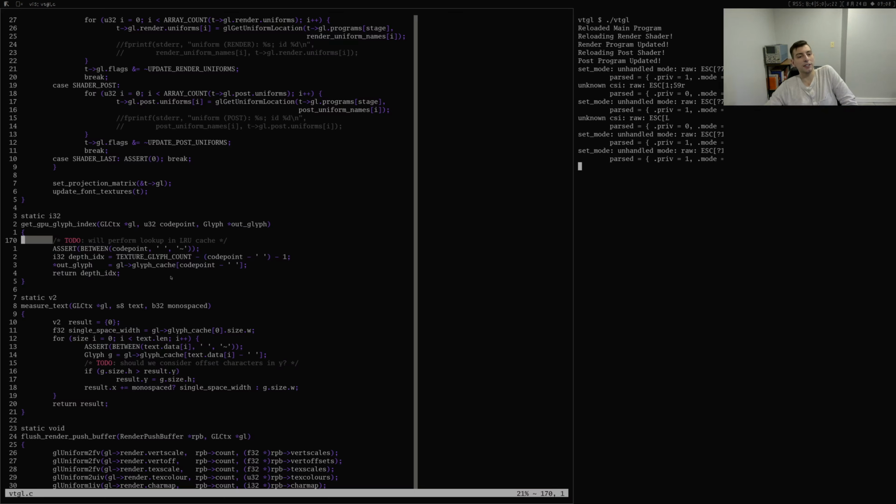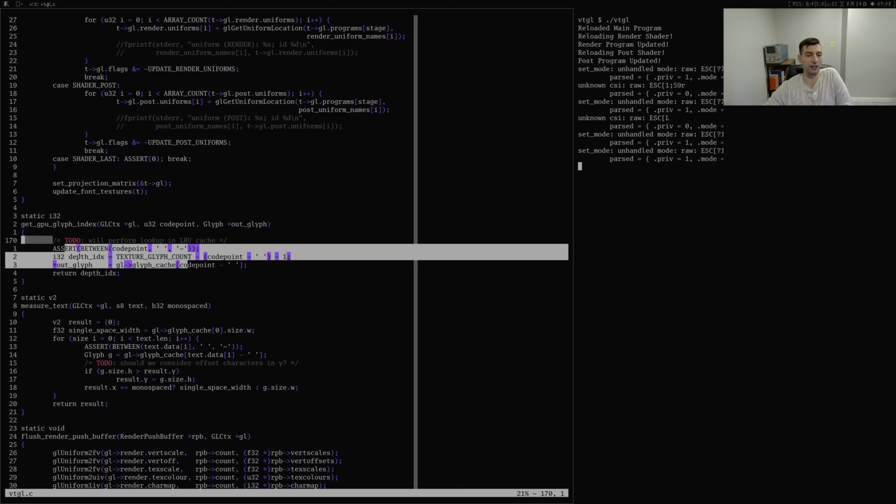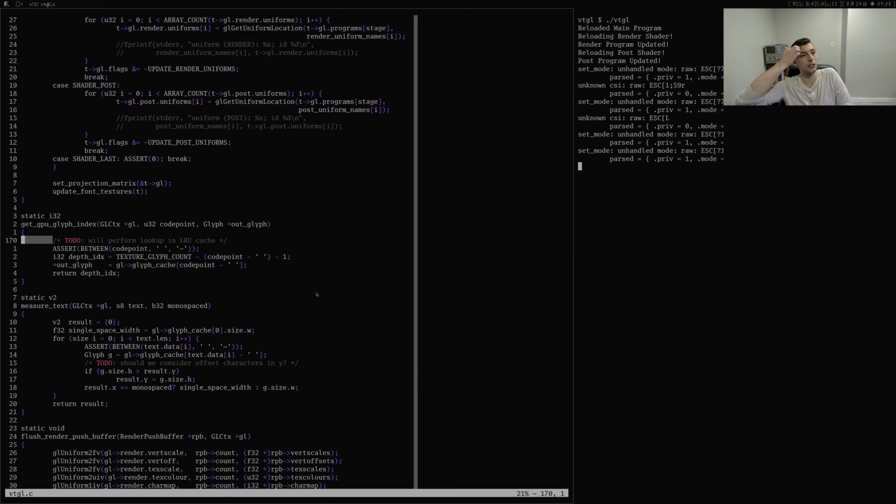So basically, the way that would work is that the glyphs on the CPU, you're going to have to touch those when you go to get this GPU glyph index, because you're going to need to get the size. So that means that the ones that are currently on the GPU are also at the front of the CPU glyph cache, which means